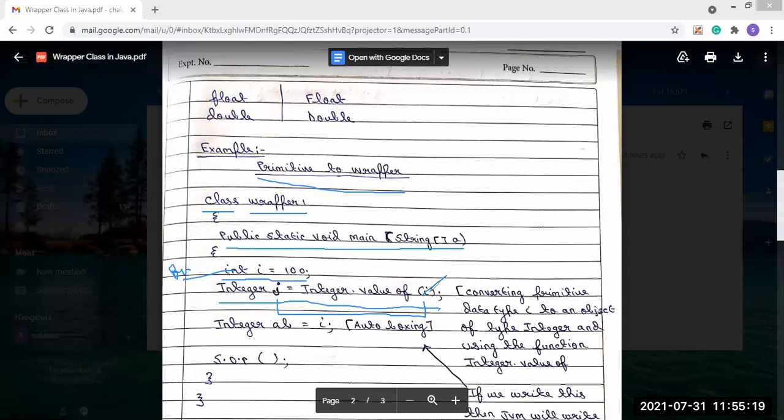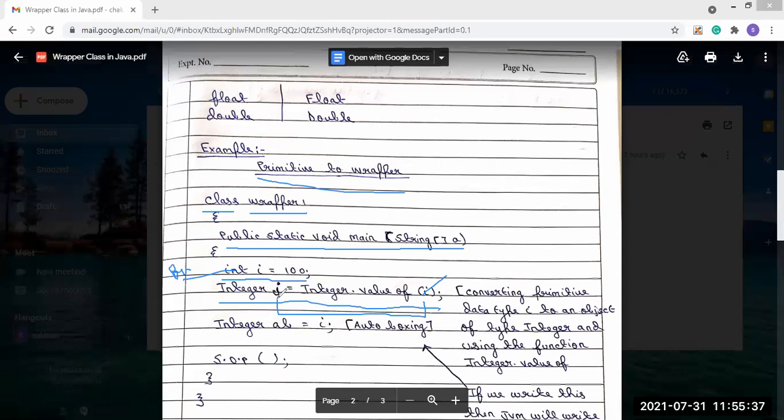This function is converting the primitive data type i to an object of type Integer. So after this conversion, the value will be stored here.